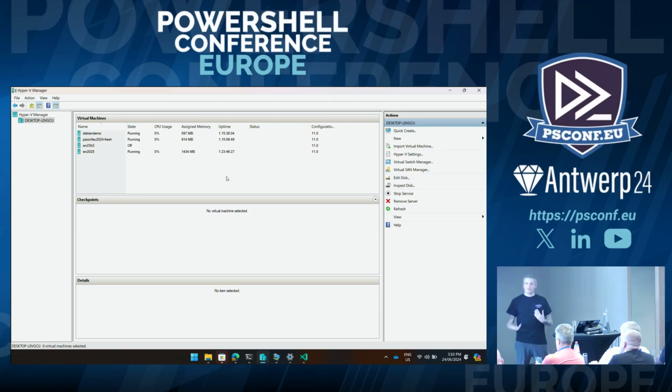RDP is also, one of the big things is that you can't automate a GUI. You technically can, but it's a lot easier to automate an environment that you can throw PowerShell at. So this concept of interactively working with an environment kind of kills this idea of increasing productivity and providing value. So RDP is out. We don't want to use that. There are scenarios where we can use it, and we will talk about that later if we get time.